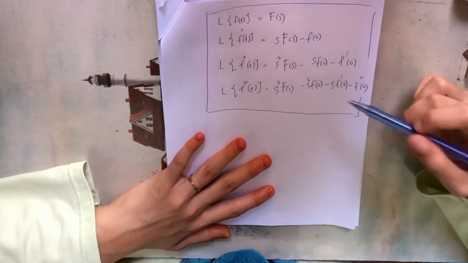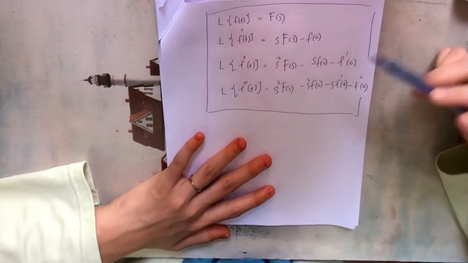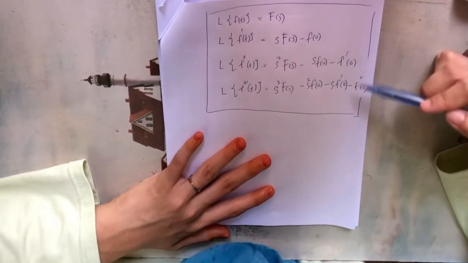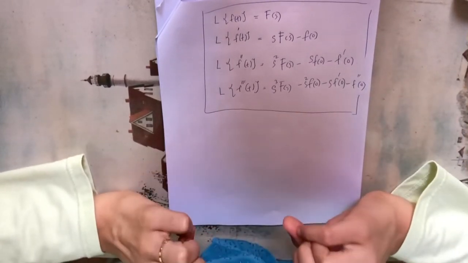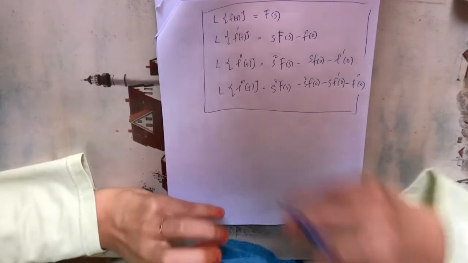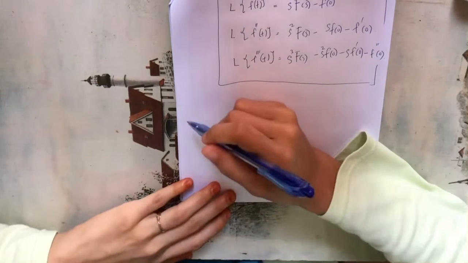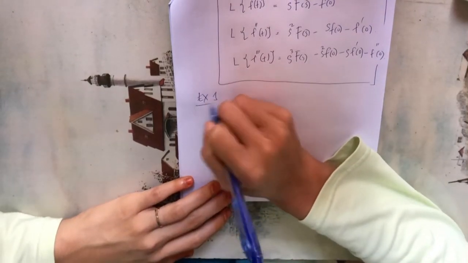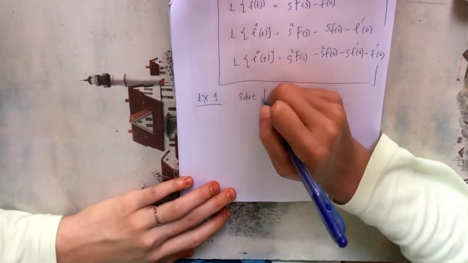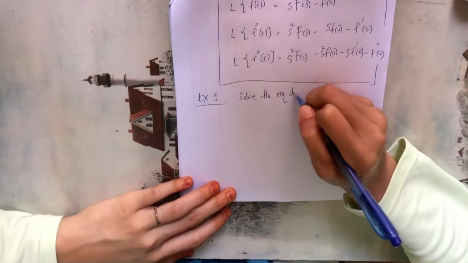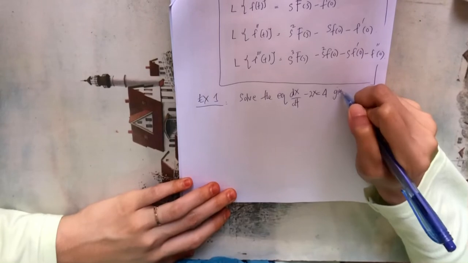Basically, for our syllabus we just cover up to second order, so hopefully you can memorize these two. Now I will explain how to solve by using an example. Example 1: the question asks you to solve the equation dx/dt minus 2x equals 4, given that